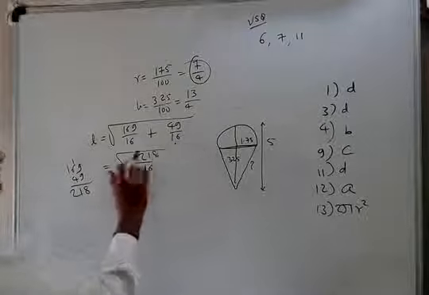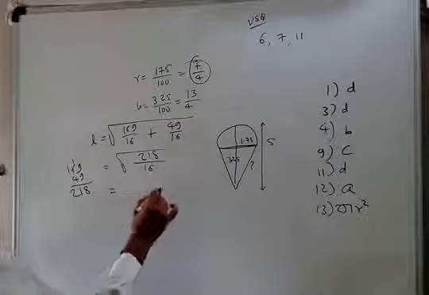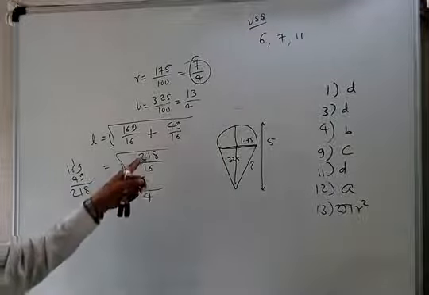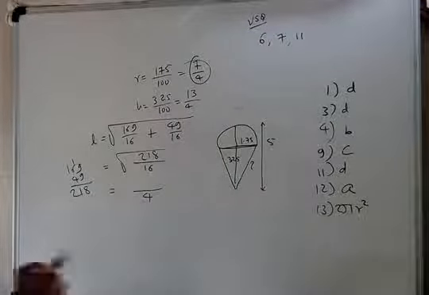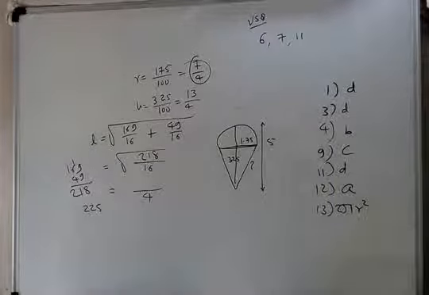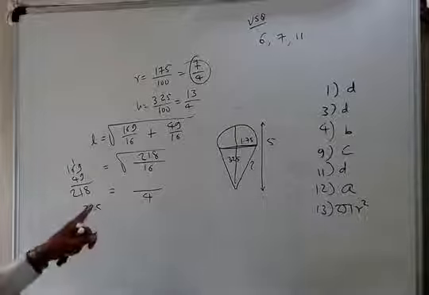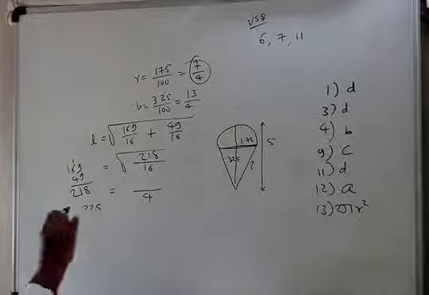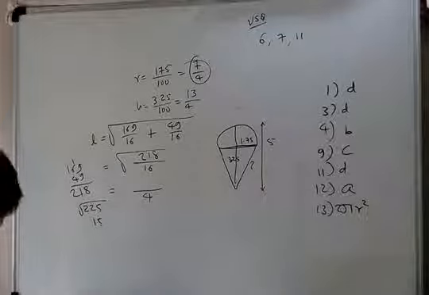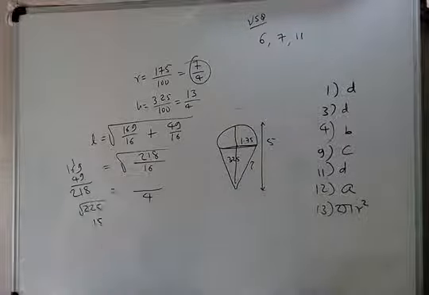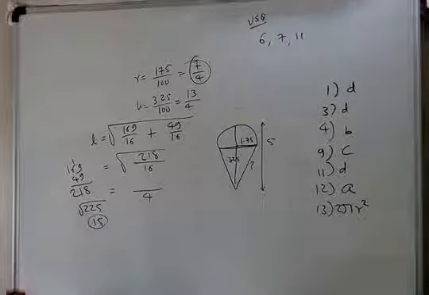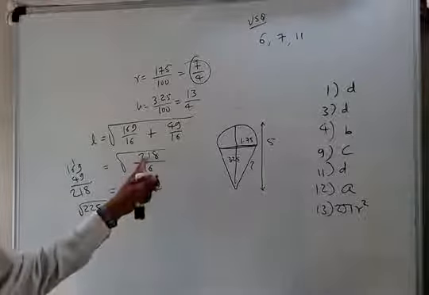Now if we want to find the square root, the square root of 16 is 4. But the problem arises here: 218 is not a perfect square number. You know the nearest perfect square number is 225, and its square root is 15. So how to find the square root of this one? It is slightly less than 15, so by trial and error you have to find it.